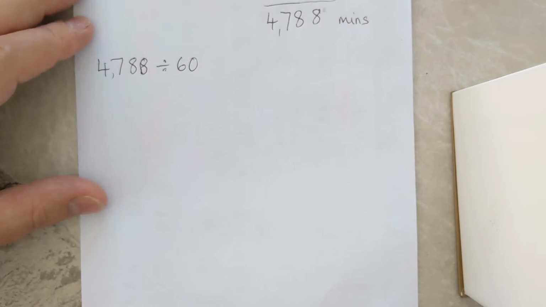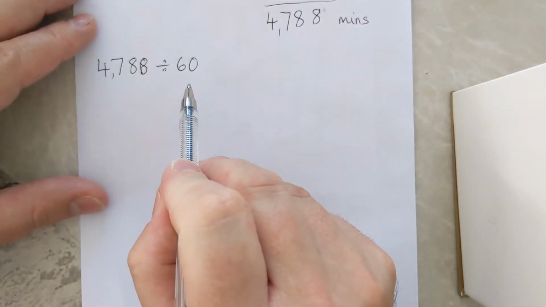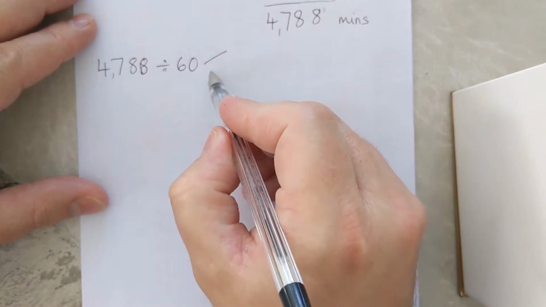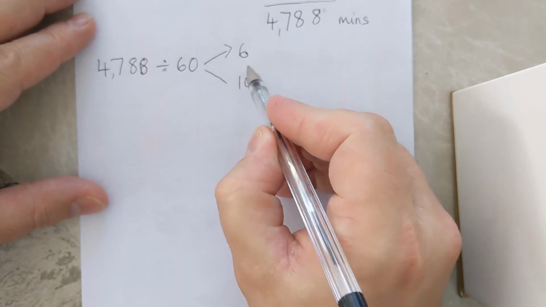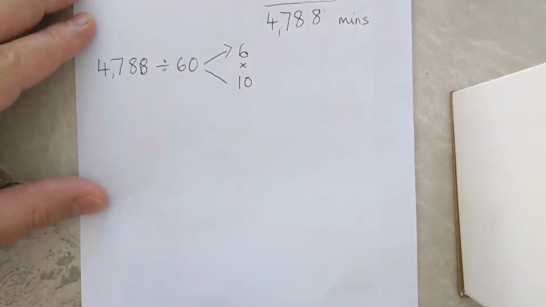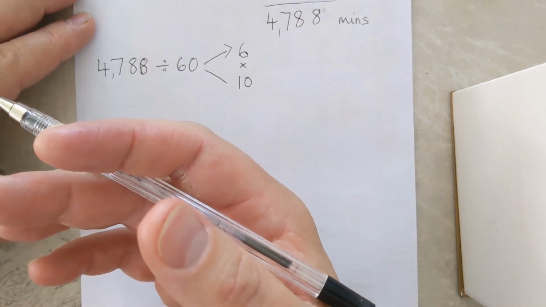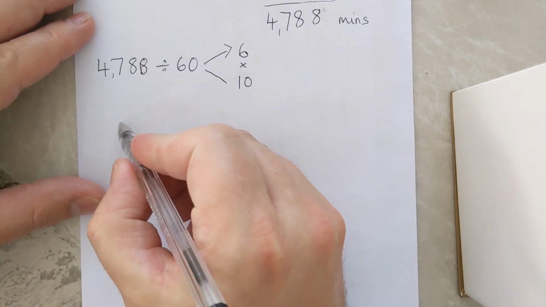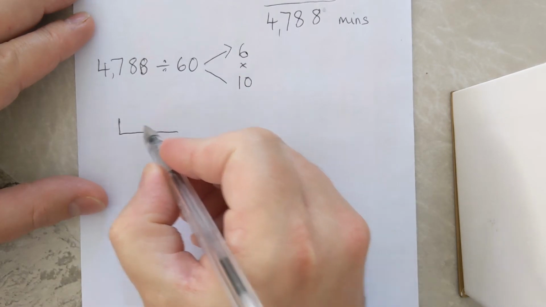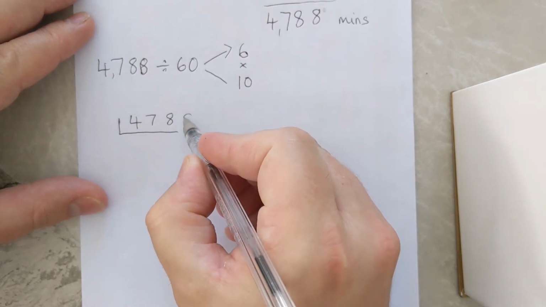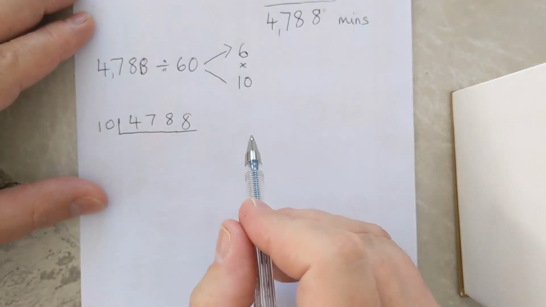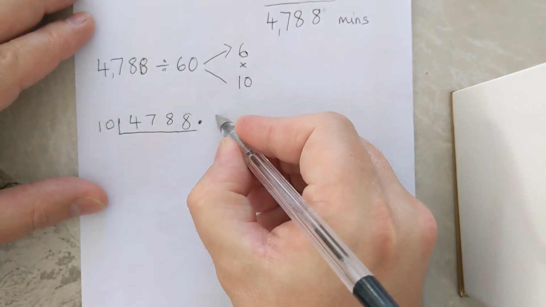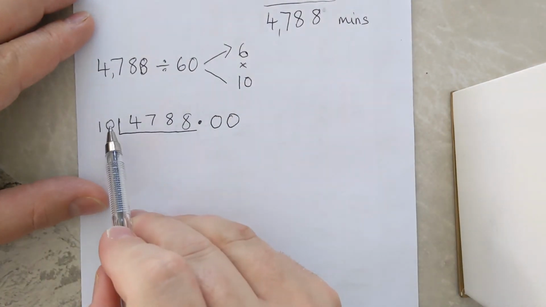So what I'm going to do here to make this a little bit easier for myself is I'm going to say, well, I'm not going to divide by 60. I'm going to break that 60 up because I know that it is 6 times 10. So what I'm going to do is divide by 10, and then I'm going to divide by 6, which is the same as dividing by 60, but it's just a little bit easier. So let me do my division by 10, 4,788, and straight away I don't even have to do my division frame, because we know here's our decimal point, and we know that when we're dividing by 1,